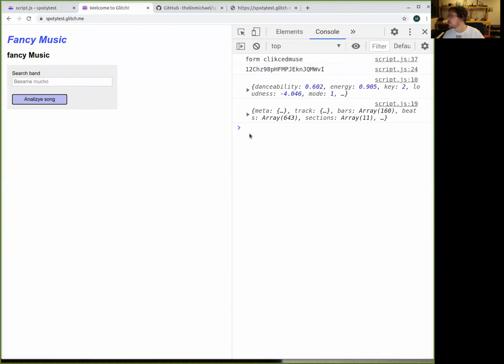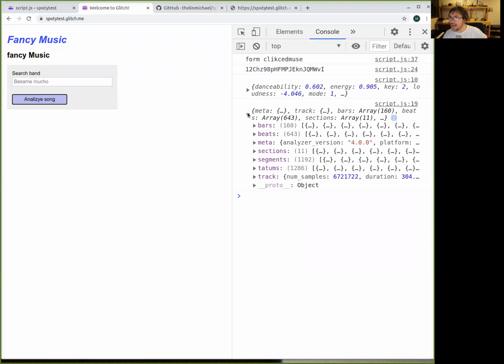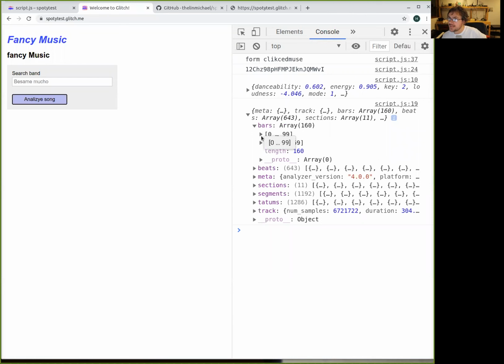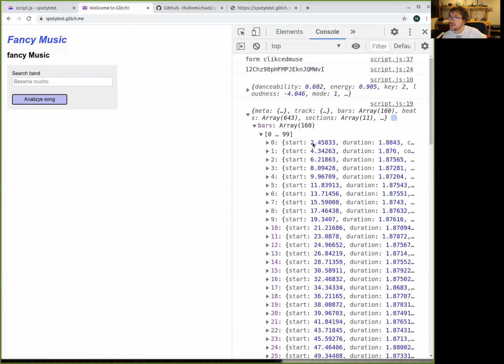That's it. Okay. We got, voila, this is new. This is information about each beat of the piece. Now you know the bars, okay? These are the bars. Where is the time in the song?